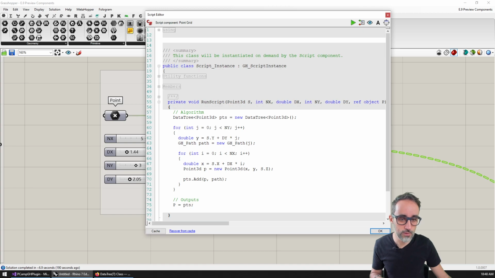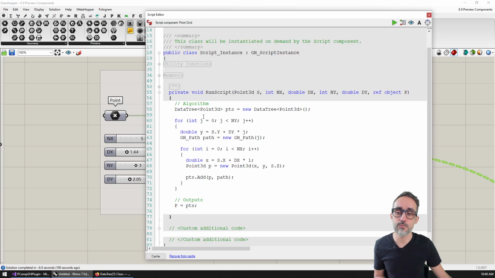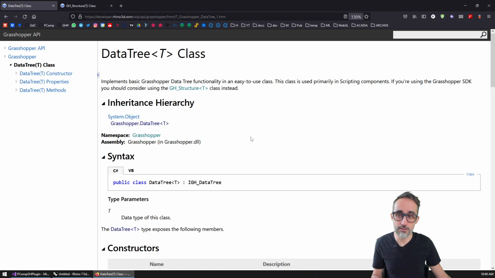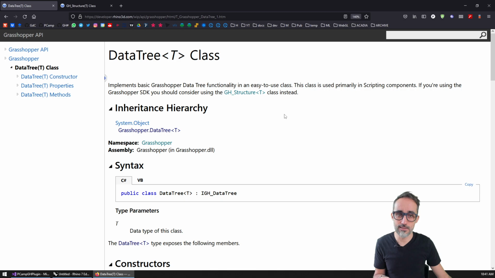But if you remember, the way we did this when we were doing C# scripting is by using this particular class that is called the data tree, that allowed you to specify the type of data that the data tree was going to be holding. And then it had specific methods for adding data to particular paths or particular branches, etc. So this method using the data tree class is very similar to what we're going to do inside of native Grasshopper components. But we're not going to be using data tree because the data tree class was actually designed primarily